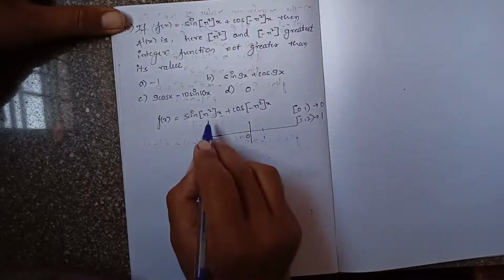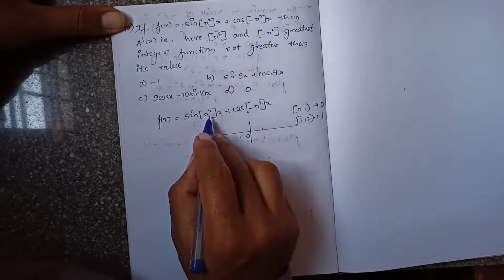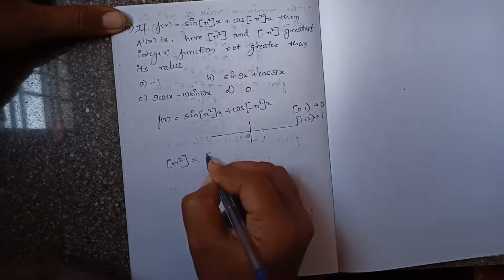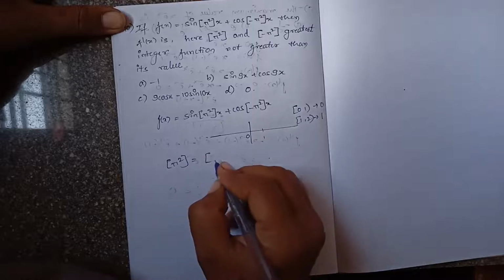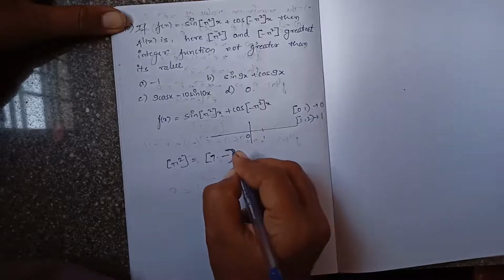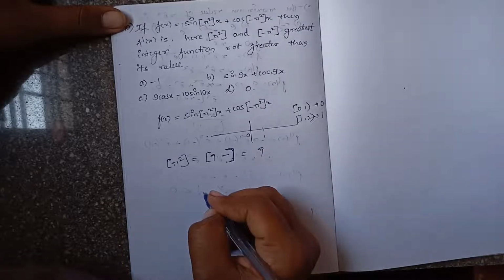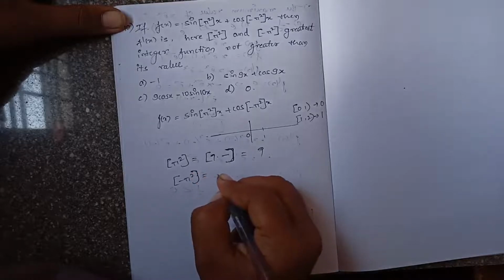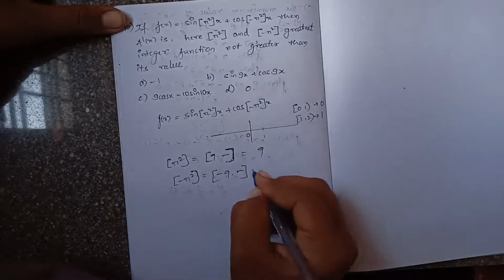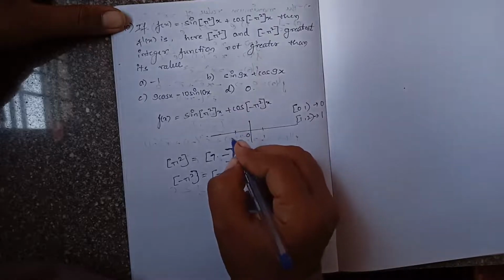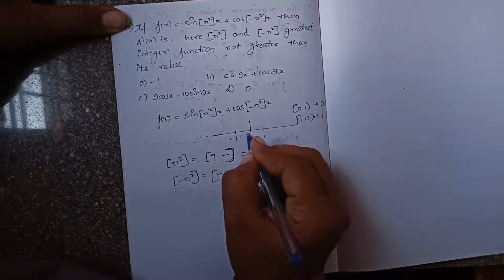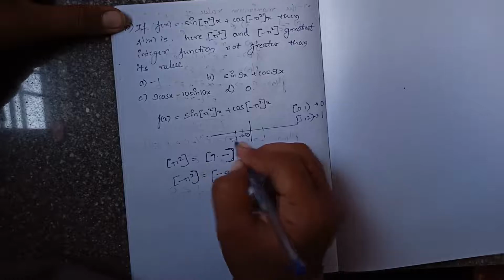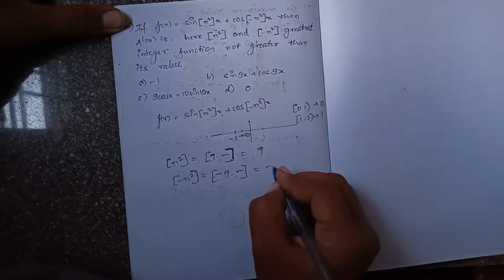In the same way, here it is given step of pi square. Step of pi square means what? Pi means 3.142. Pi square means 9 point something. 9 point something means what does it give us? It gives us 9. And next, minus is there. Minus pi square means it is minus of 9 point something. See, if you substitute any value in the interval minus 1 to 0, what does it give us? Like if you put minus 0.5 for the step function, it gives us minus 1. So minus 9 point something, in the sense, it is minus 10.